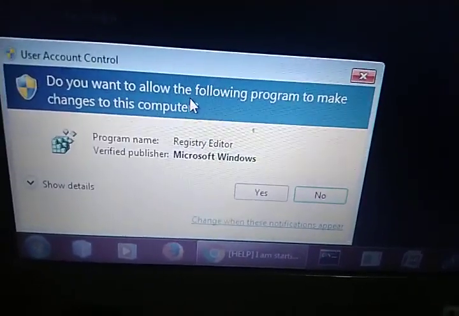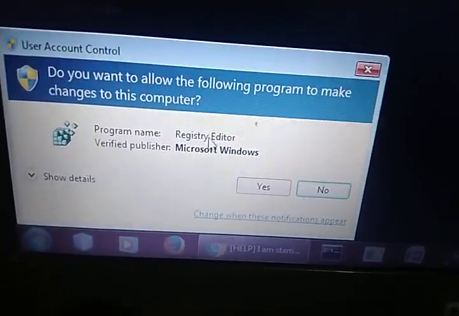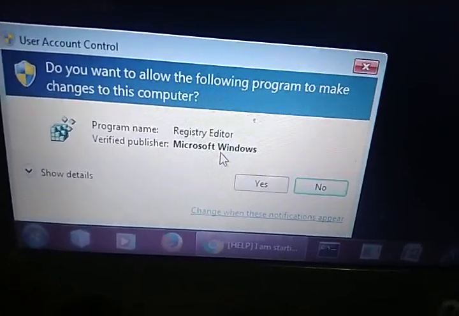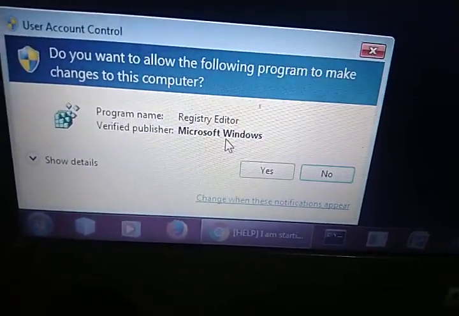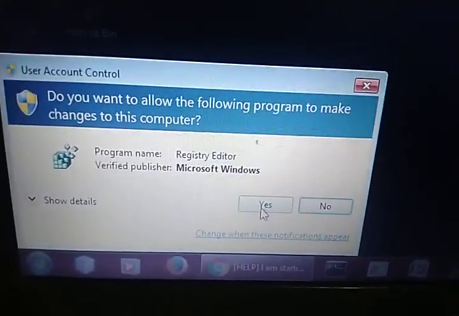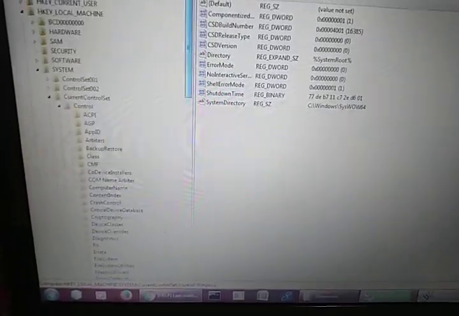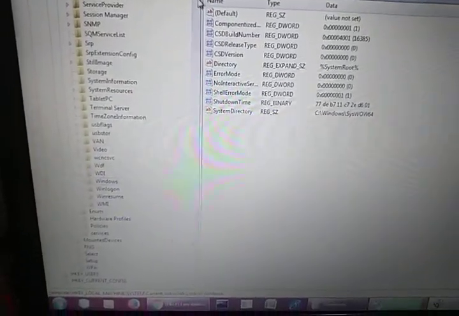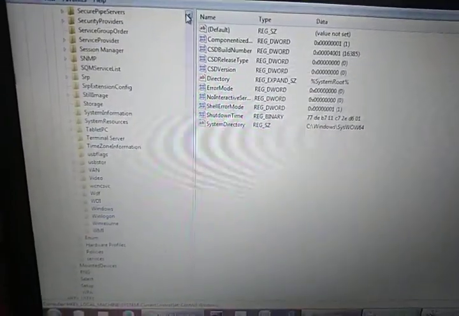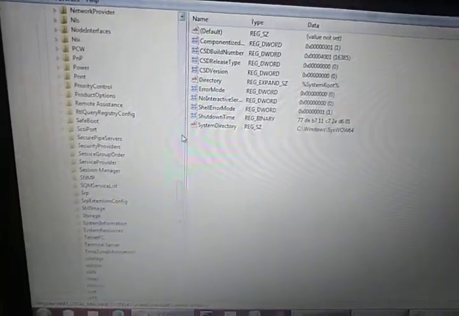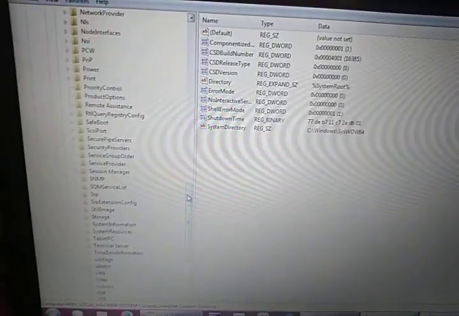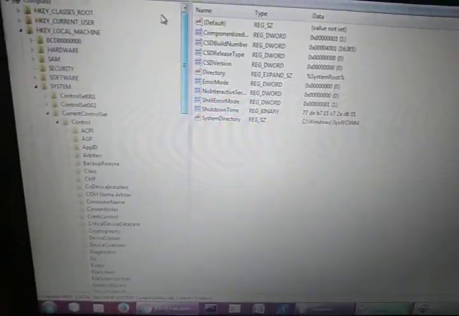Just see here, it will ask you, do you want to allow this program to make changes to this computer? This is simply a registry editor. If you click on yes, it will not harm your computer. So you must click yes over here if you want to resolve that particular error, because there is no other option. Now, students, I am telling you this because it is very beneficial for all of you. Before installing Python on my system, I was also facing the same issue, so I thought to share this with all of you.